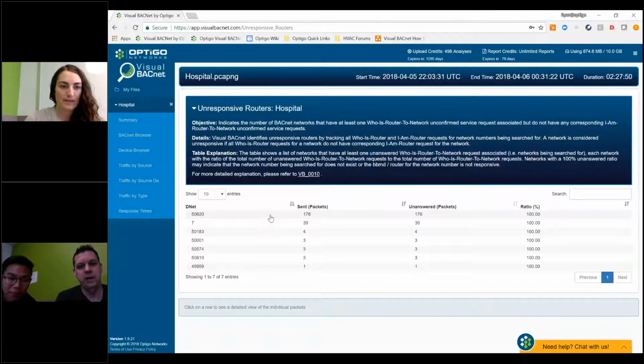It's possible it's leftover graphics or leftover programming, asking for something that isn't really there, or it's truly offline. Or there's a lot of cases too that we've seen where the router is also doing programming or serving up some other details, and it simply can't respond to these requests. But when we dig into this a little bit,